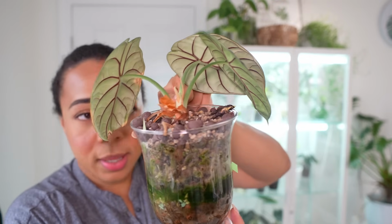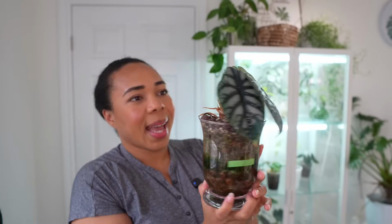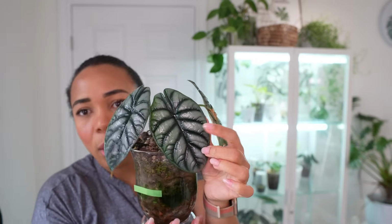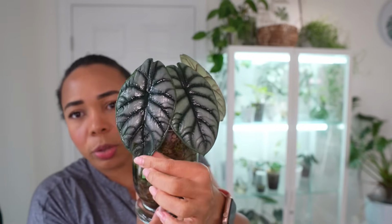Again, is it a flower? Is it really a new leaf? We'll find out. But yeah, I really like the silverness to it. I think when the leaves get really big, you really get to see just how silver it is. I mean, it's even showing right here, and they're super shiny because they've got my horticultural oil on it to